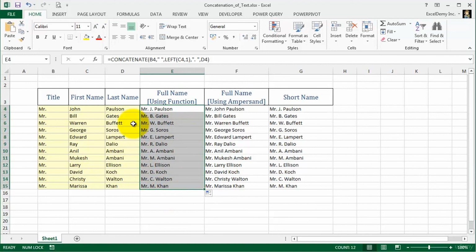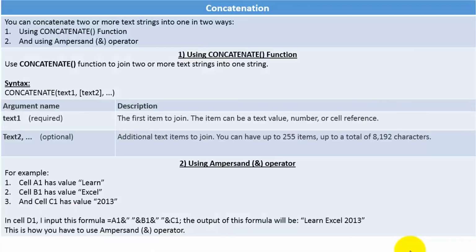This is how you can concatenate the contents of more than one cell. These are the key takeaways from this lecture. You will get the downloadable copy of it with the exercise files and also in the lecture resources window. This summary will help you to grasp the overall discussion of the video, print it or use it in your own way.